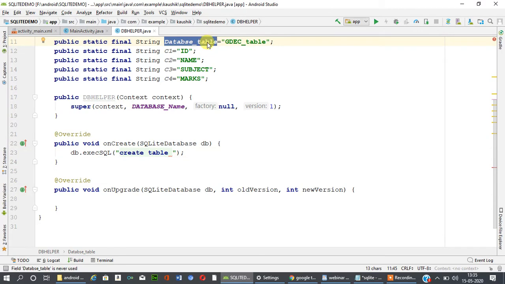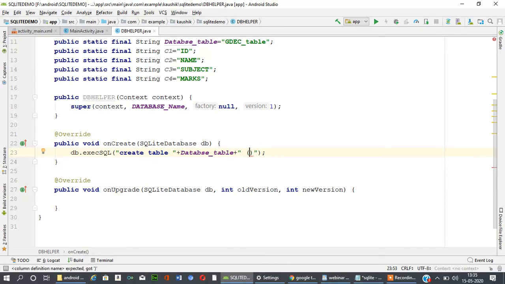I copy this, and we can concatenate it with the help of the plus operator. So create table, the table name, and after that we have to pass the columns.